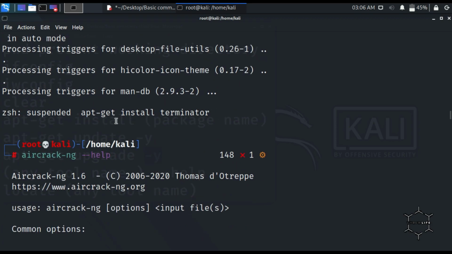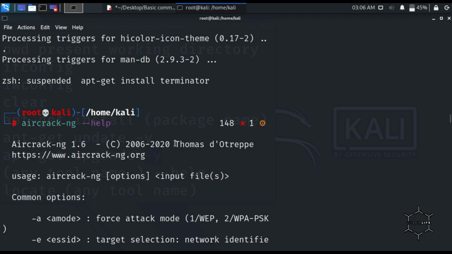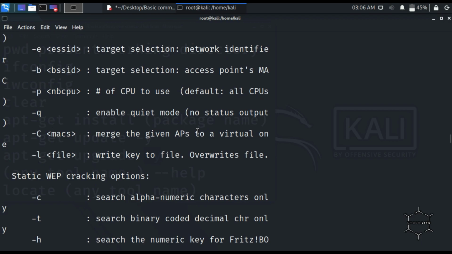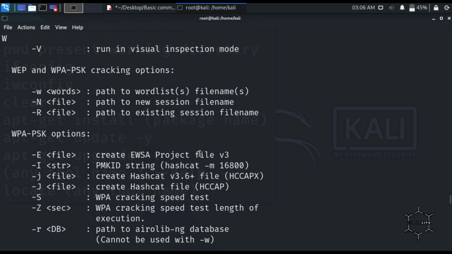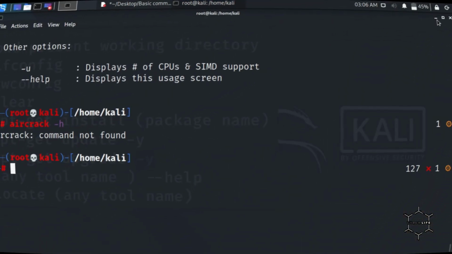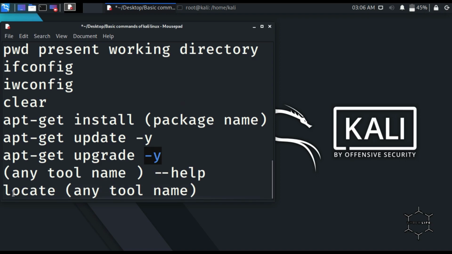By writing this, you can see this command is created by this person and last edited by this one. The website is this. Usage, what the usage is, common options, common uses. We will talk about this in our other videos. And you can see many things. By this --h, you can learn about that too.